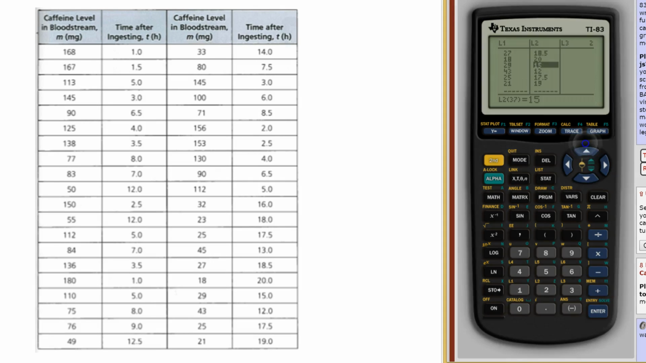So I'm going to scroll all the way up. I guess I didn't need to do that, but we'll just start at the very beginning. Okay, 168, 167, 113, 145, 90, 125, 138, 77, 83, 50, 150, 55, 112, 84, 136, 180, 110, 75, 76, 49, 33,